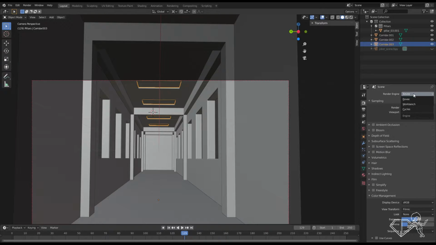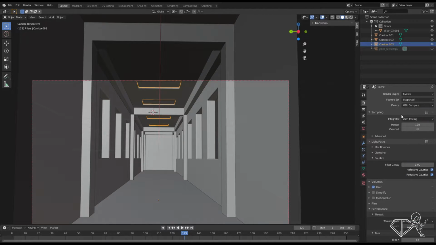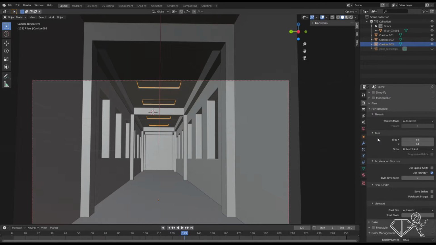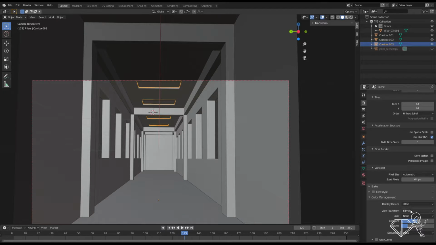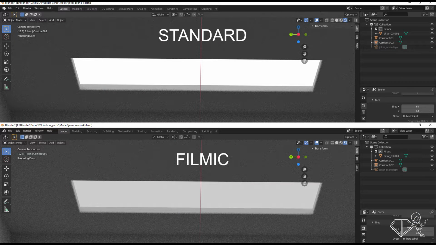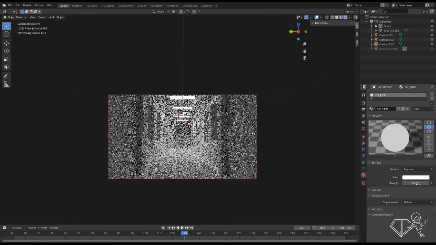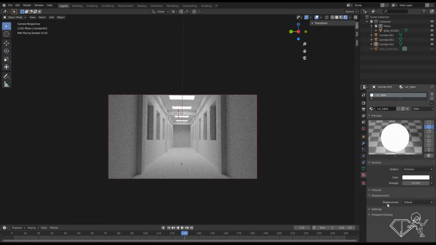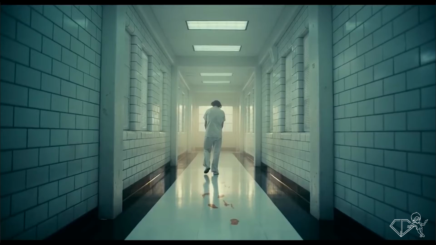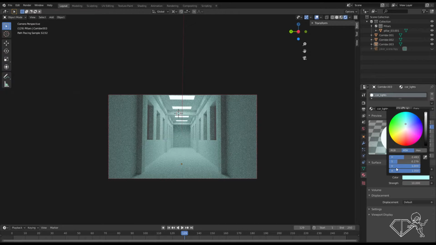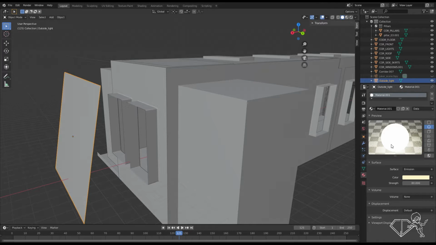And in the scene panel, I'm gonna work on Cycles, like right now it's on Eevee. And if you go down in your color management, make sure you're using the Filmic. Right now the strength is 1, so let's change it to 10 to make it look brighter. And we can change the color too. Like in my reference it's blue and in the end it's yellowish. So this is it. The light coming from the window, I made the other emission light just behind the windows.